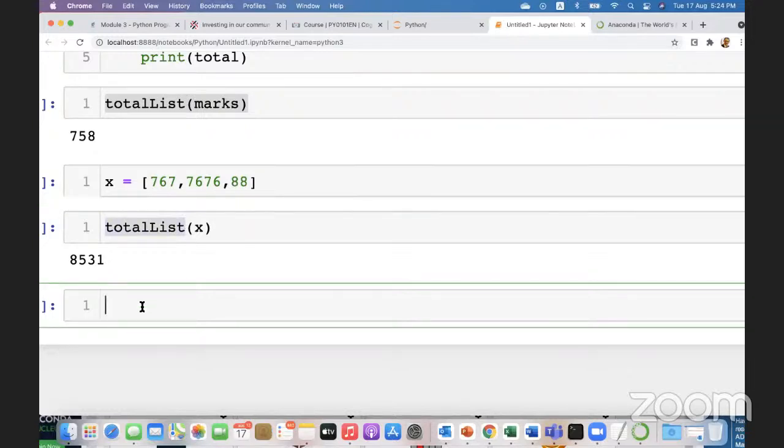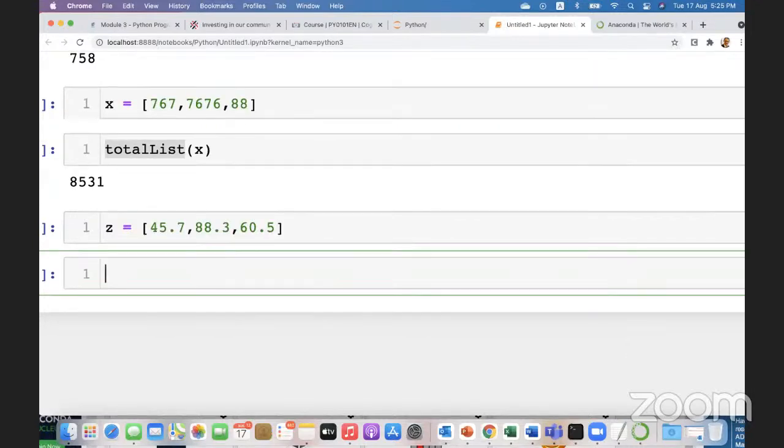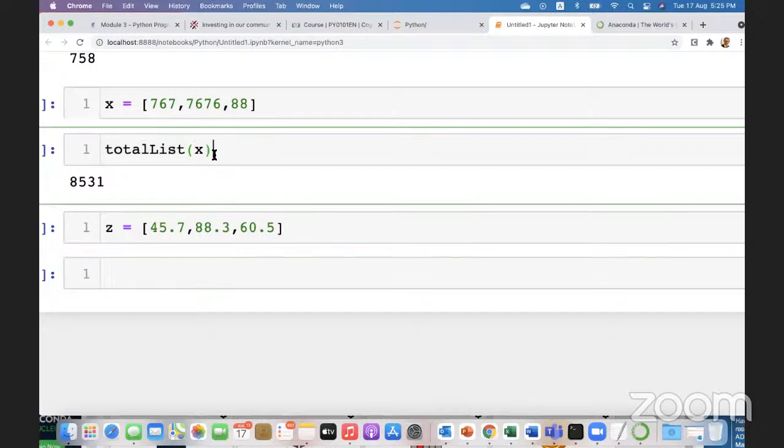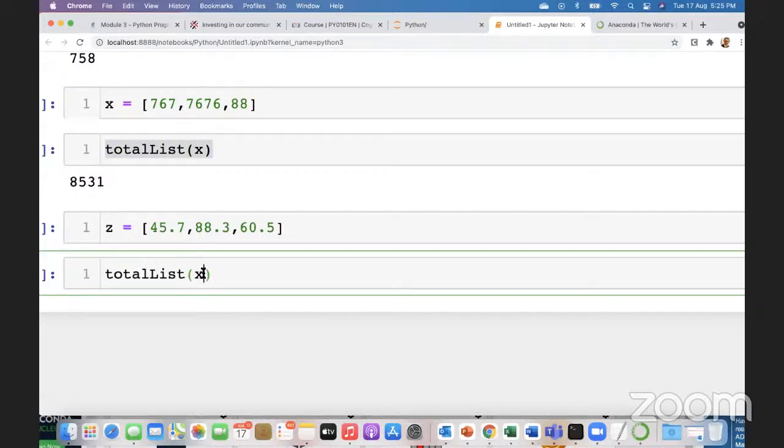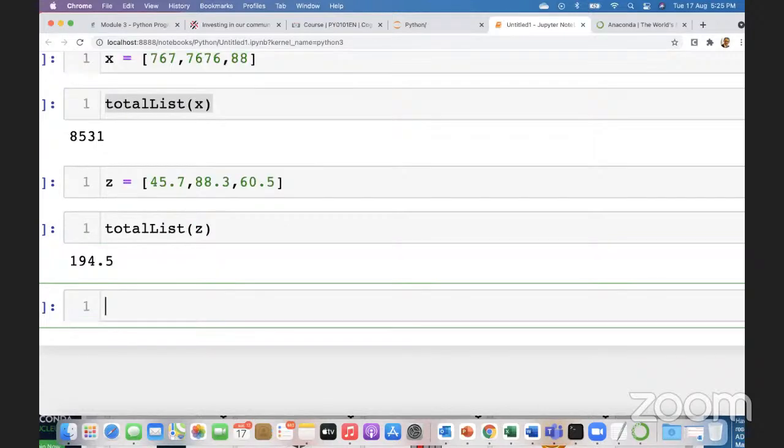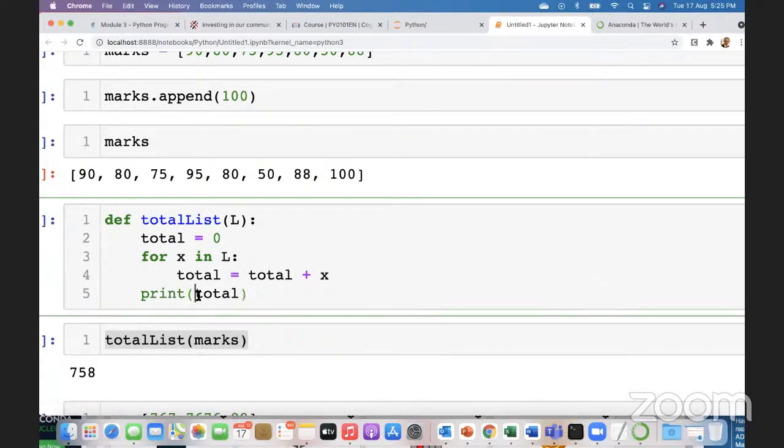If I create another list, call it Z equals, and put some decimal points there: 88.3 and then 60.5. I run this one, then I can again take this one. Now the only thing I need to change is the new list, and it gives me the total. Now I can make this look better if I say here total equals